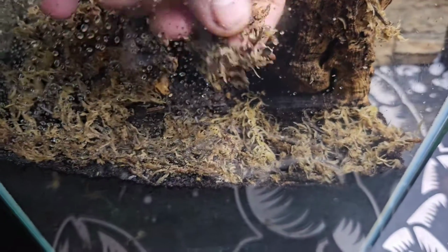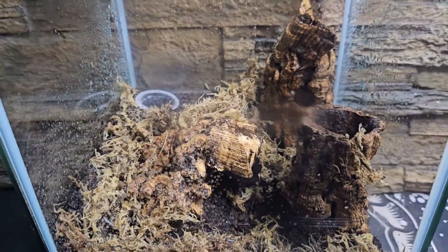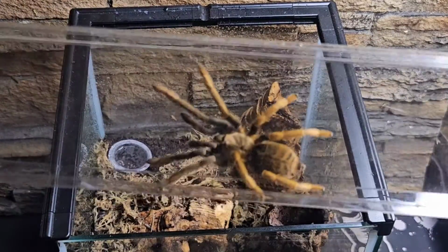Hopefully our spider will love it in here, molt successfully, and then hopefully we could put a male in at some point. That'd be absolutely fantastic. Again, this is an absolute dream come true to own this spider. Tarantula room,